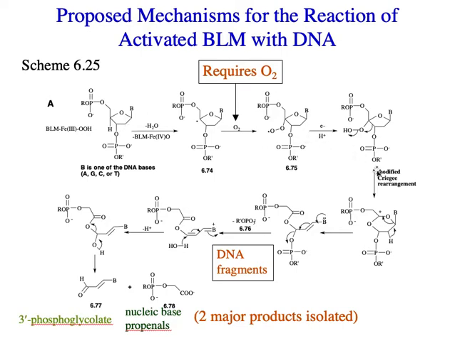So you could propose a mechanism. It's kind of hard to chart a mechanism this fast. The main thing to see here is basically that you can mess with the ribose, the sugar component of DNA, and break that. So the bleomycin can be intercalated in the DNA, and if it's intercalated, let's say